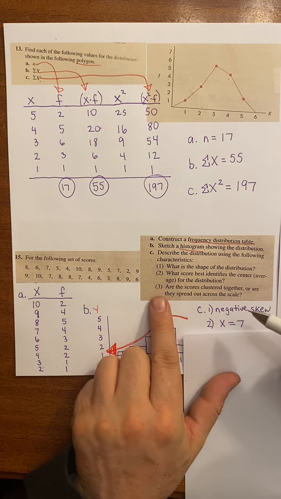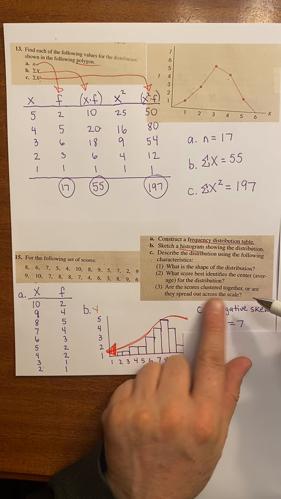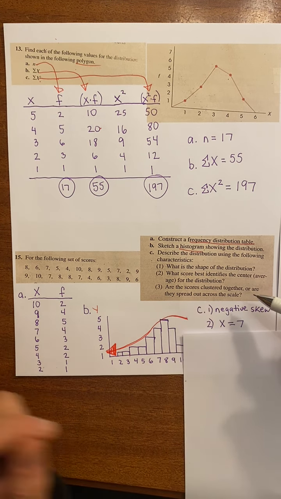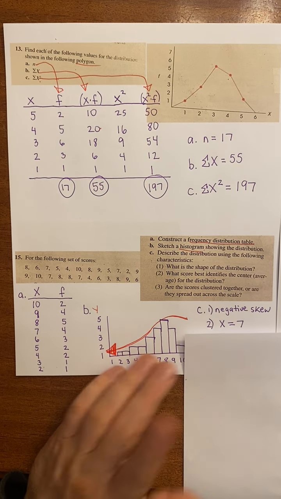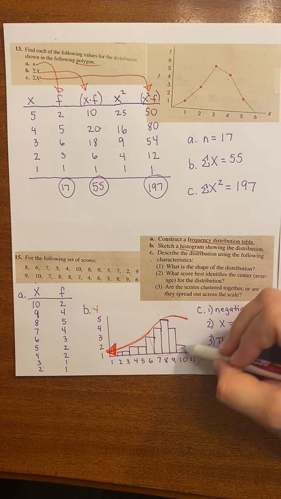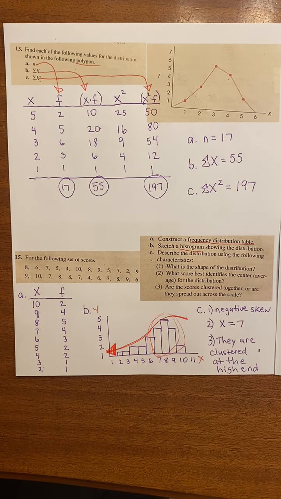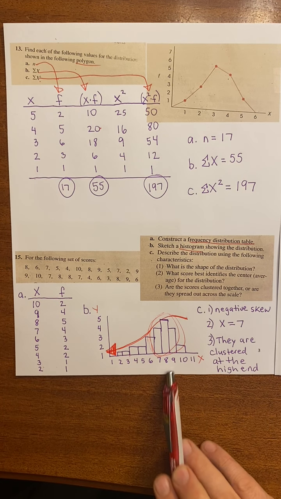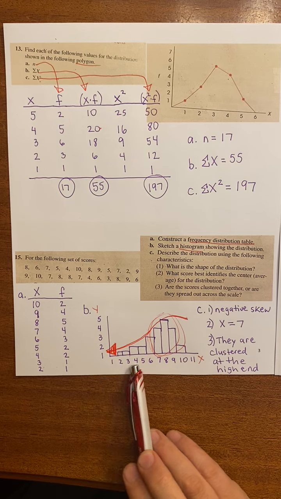Okay, so question number 3. Are the scores clustered together or are they spread out across the scale? The answer to that is they're clustered at the high end, right? Most of the scores are in this section here. That's a little cluster they got. Where is the cluster? The cluster is at the high end of the scale as opposed to the low end